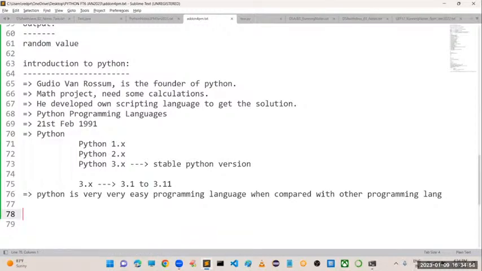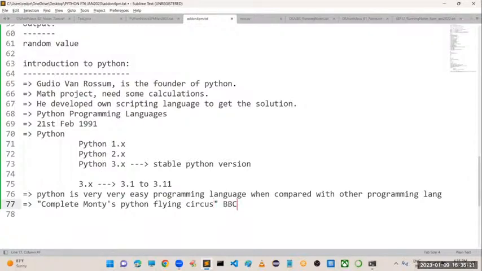Simple, sir. Okay, sir, how did the Python name come about? The majority of people are going to feel Python means a big snake. No, there is one popular comedy show called Monty Python's Flying Circus, which was telecast on BBC in the olden days.